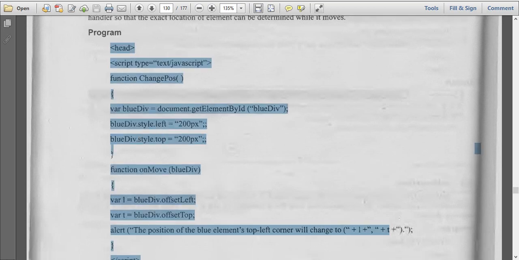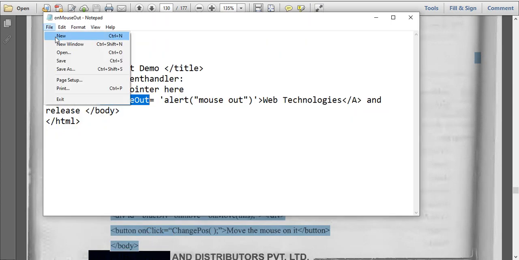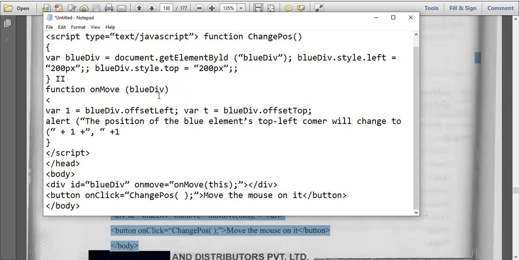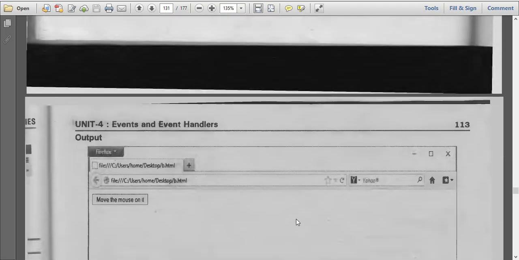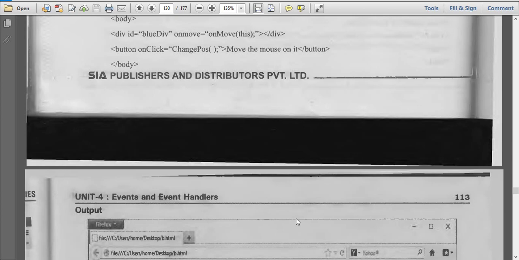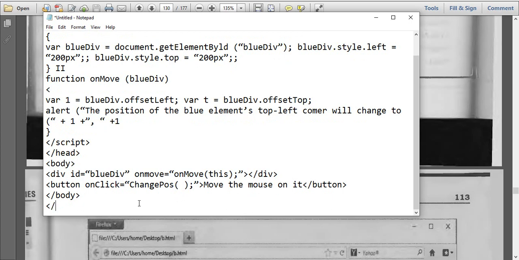We'll try to execute the program now. Body close, HTML close, then I need to replace this.